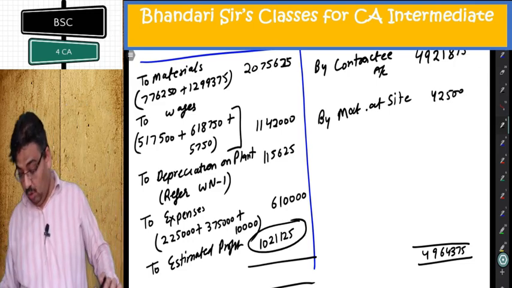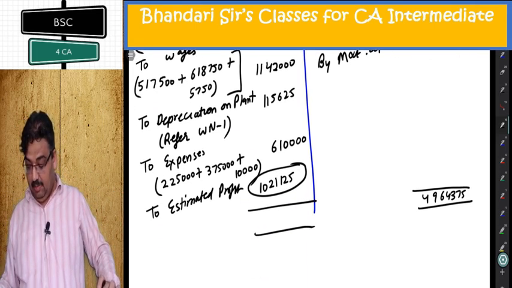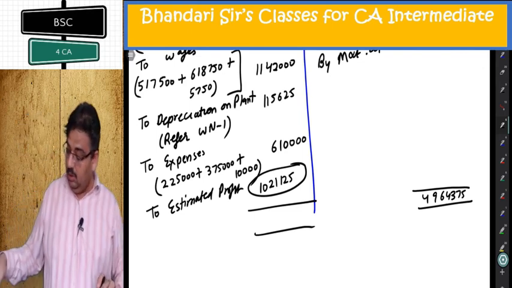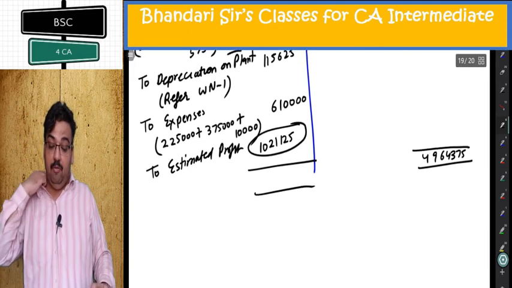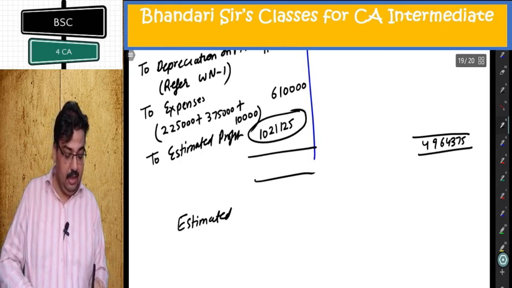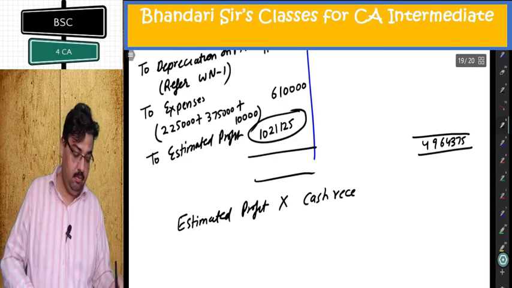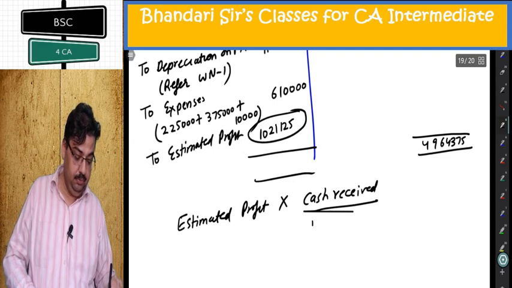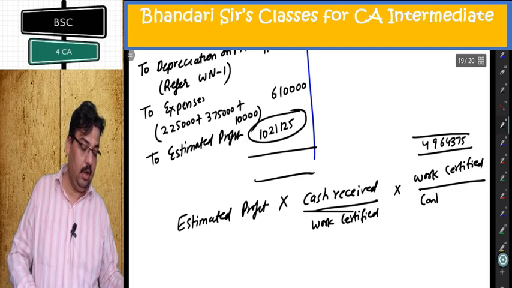Again, question does not want me to apply the formula. No, it wants me to apply the formula. It's written there. It was decided to estimate total profit on the contract and take to credit of costing P&L the proportion of estimated profit on cash basis which work completed bore to total contract. What he wants? Estimated profit on cash basis means apply progress payment ratio which work completed means certified bore to total contract. Total contract means contract price.